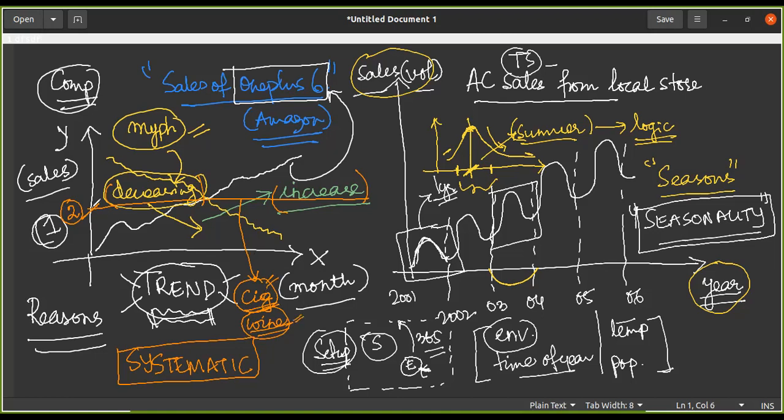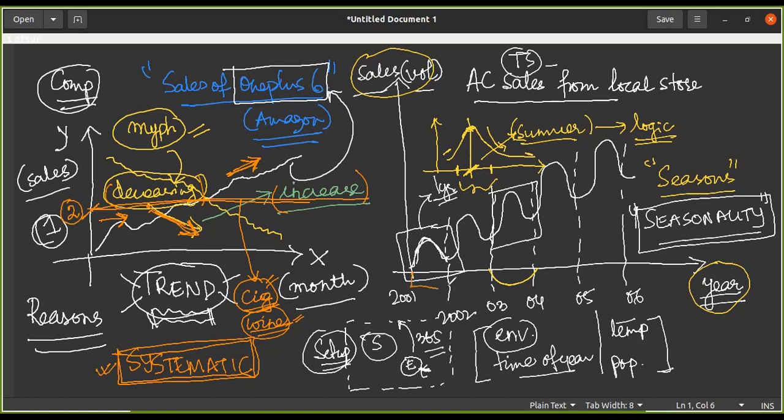So either the trend is going to have a structure like this, or it is going to have an uptrend, or a downtrend. Please note these words. These are actually used in the industry as well as in the texts. So either it will be an uptrend or a downtrend, or it will be continuous, stagnant or stationary kind of a trend. Right, so there is a system. There's some kind of a pattern, a proper system working behind it. In the same way, in this case also, there is a system.